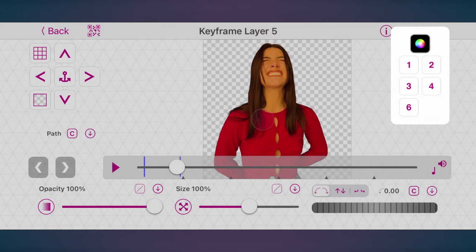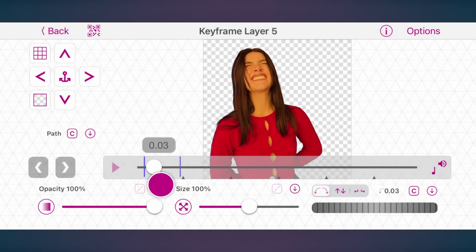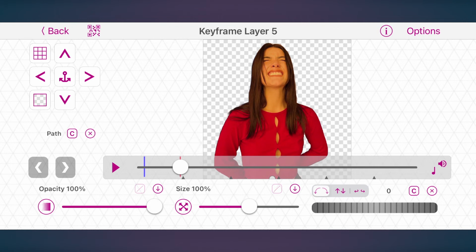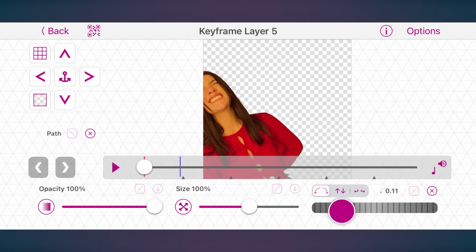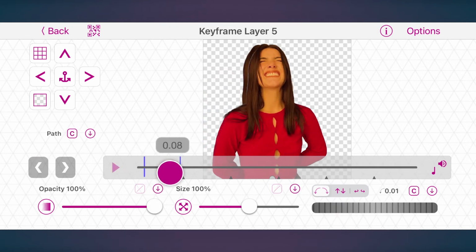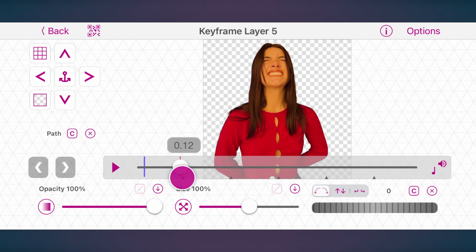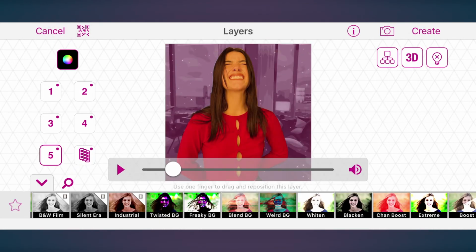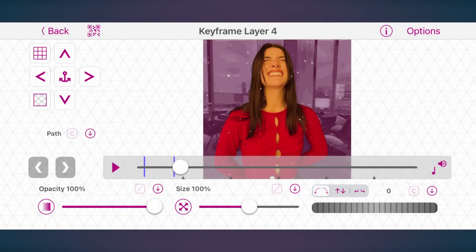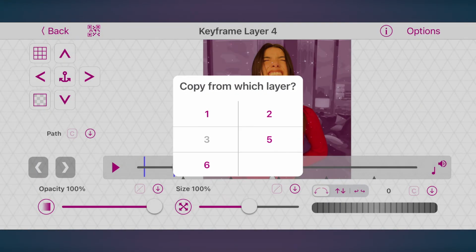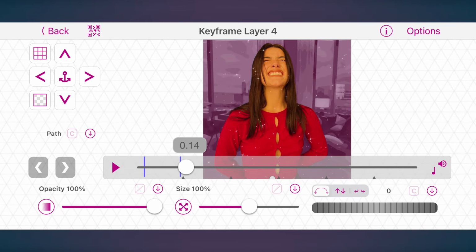If you show the person mask in layer 6, you'll see that the shadow kind of follows it. Change the rotation to 12 at the beginning to see the shadow better. Copy the keyframes of layer 5 into layer 4 and follow the same steps to create the other shadow.